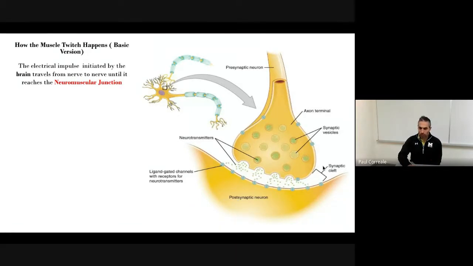What we have here is a gap or a space called a synaptic cleft, and this gap or space will allow for neurotransmitters, which are chemicals that are going to either inhibit or excite the neural activity to the postsynaptic neuron, in our case, the muscle that we want to activate, stimulate, or twitch. So when we say the neuromuscular junction is where the neuron meets the muscle, they're not really contacting, it's where they're going to interact.